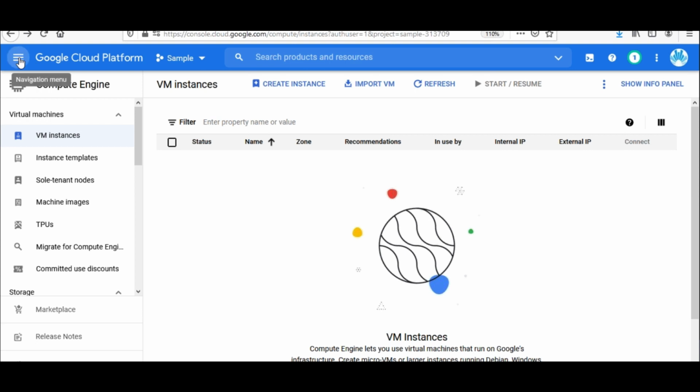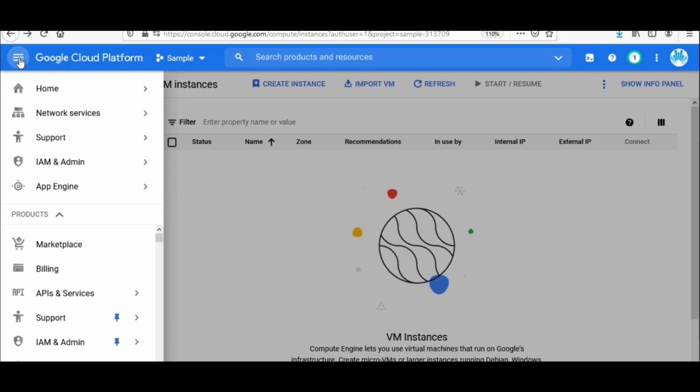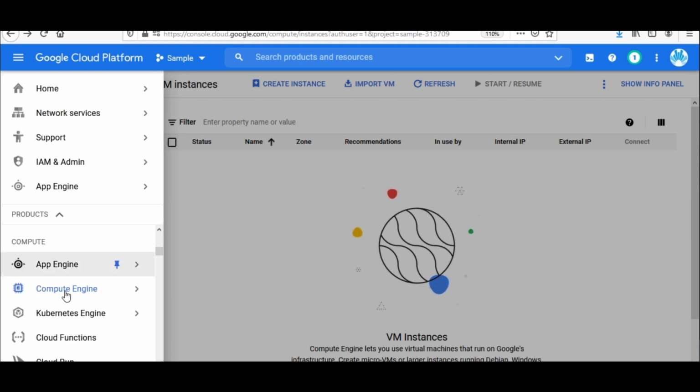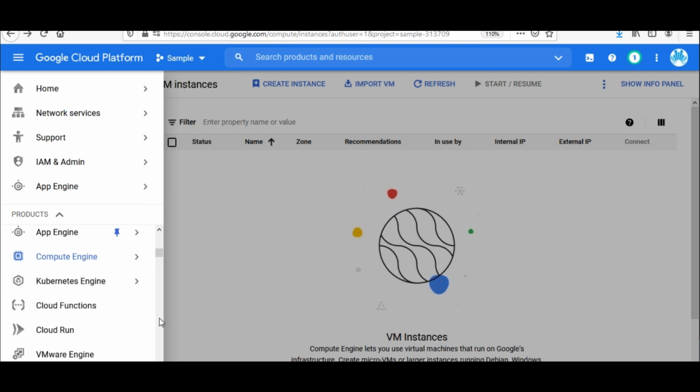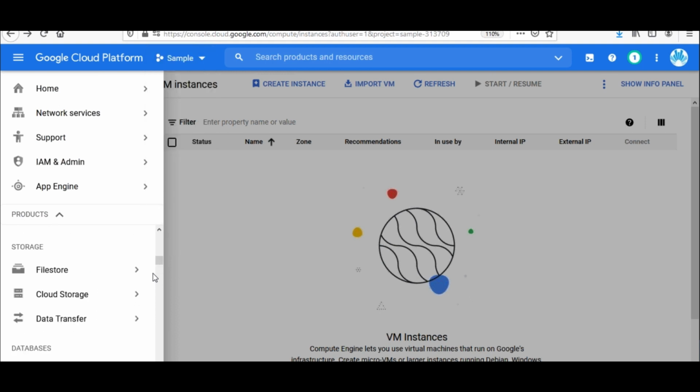So this is an example of web-based or console-based access. And here you can see, if I scroll down, there is the section of the services. For compute, you have App Engine, Compute Engine, Kubernetes Engine and all. Likewise, if I keep on scrolling, there is an option for storage, databases.